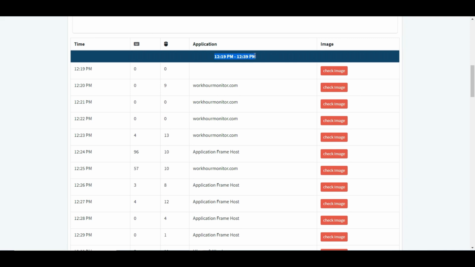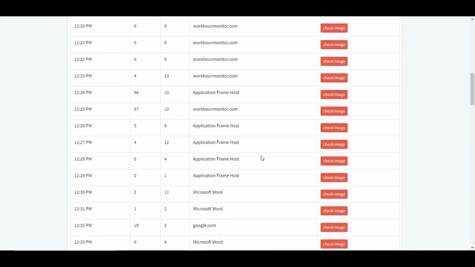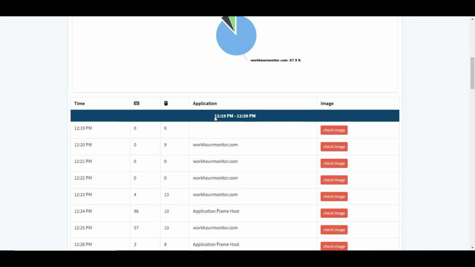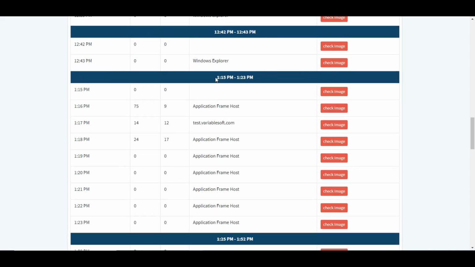This is the time duration of user login and log out. Like 12:19 user login, 12:39 user log out, again 12:42 they log in and log out again. After that at 1:15 they log in again, 1:23 log out, and this is the time duration.